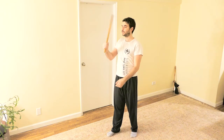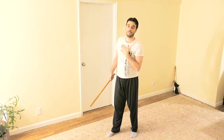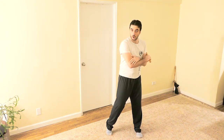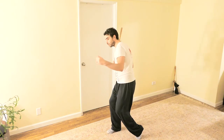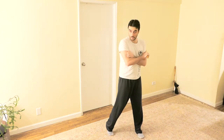But in this case, you can also use the middle of the stick, and you can even lean backwards a little bit so you can gain a little more distance. So it's the same attack, the same angles, but now we're going to use the middle of the stick, okay? We're going to go all the way through 1 head, all the way through 2, 3, 4, 5, 6, 7, 8, 9, 10, 11, 12,